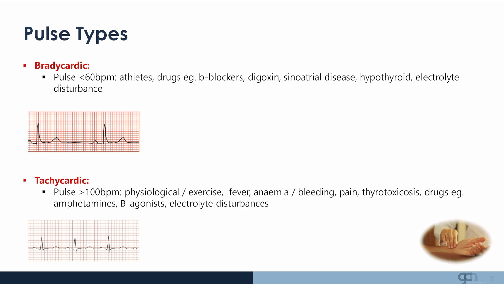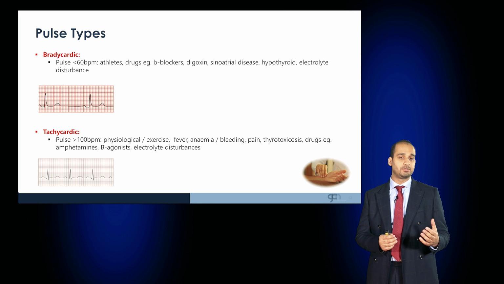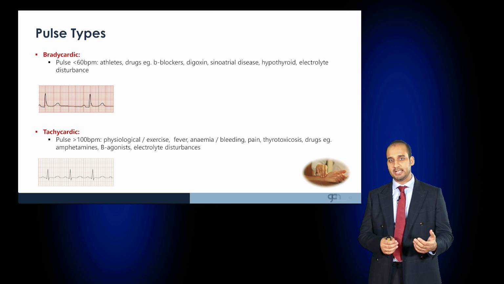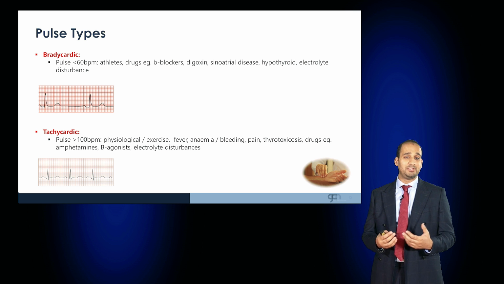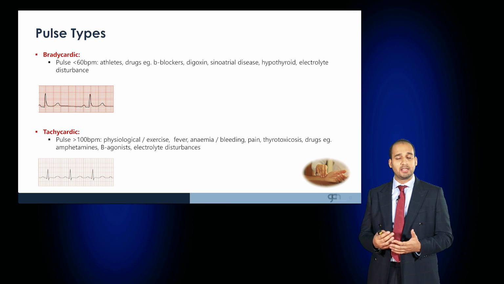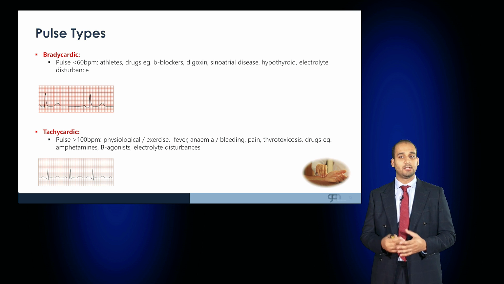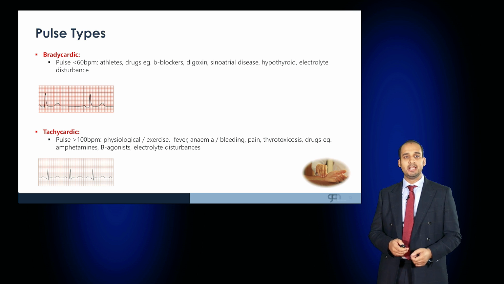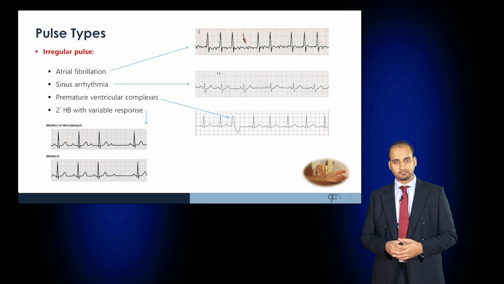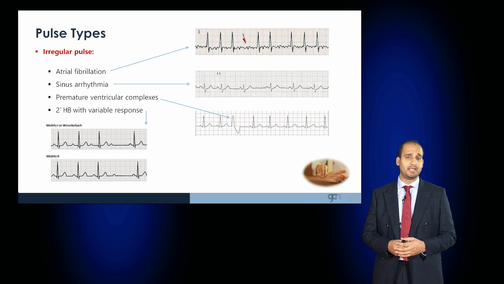A tachycardic pulse, more than 100 beats per minute, can be physiological as a result of exercise or pain, or can be due to fever, anemia, bleeding, thyrotoxicosis, or drugs such as amphetamines, beta agonists, or electrolyte disturbances. If the pulse is irregular, this may be as a result of atrial fibrillation or sinus arrhythmia, which would give